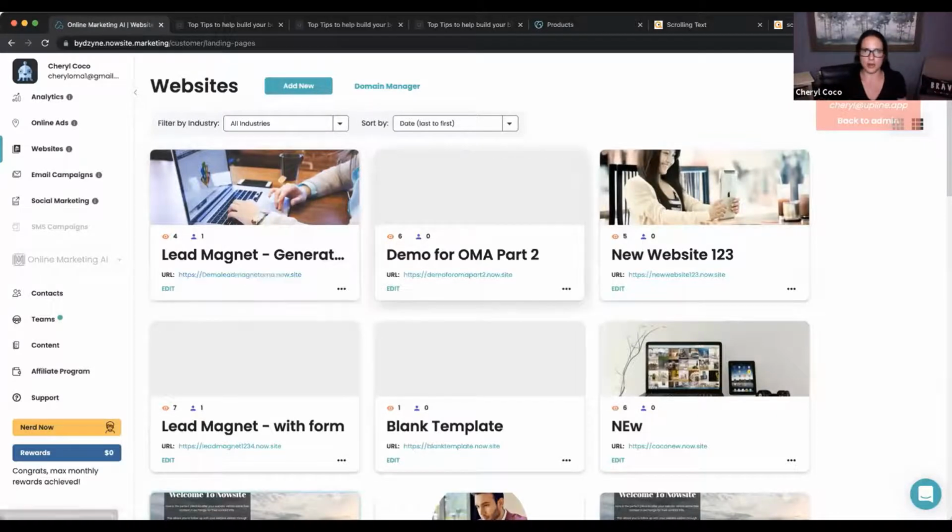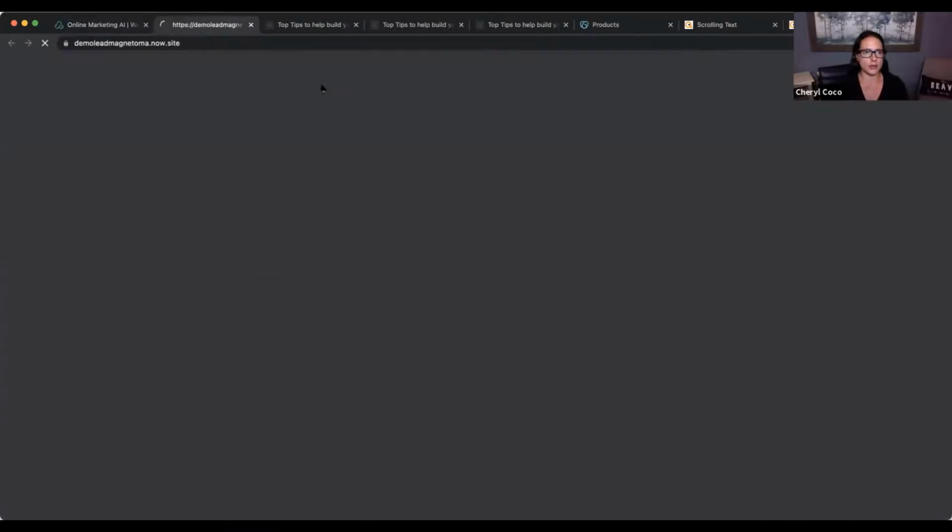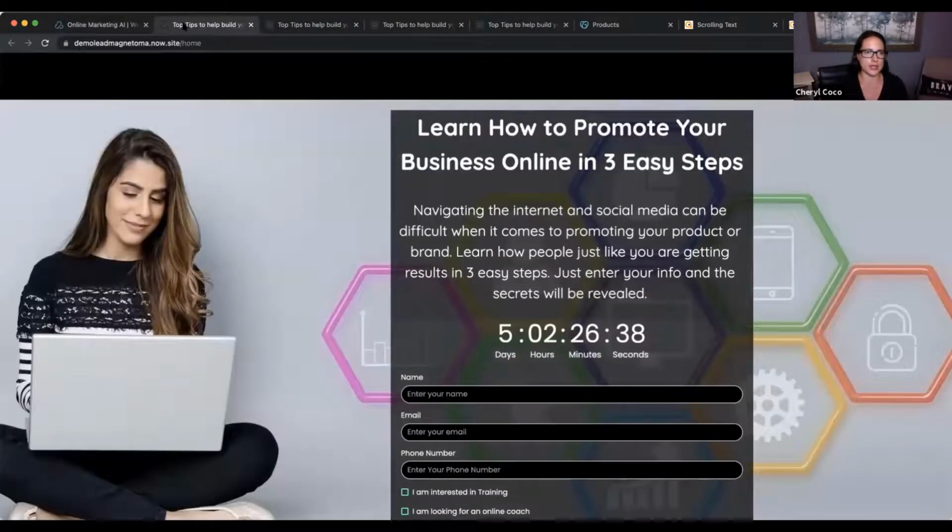Okay, let me see here in the chat. How many people own a .com, right? That they love to use. Maybe it's their name or they bought one before. It's great. And when we go here, look, you can see at the top, right? That favicon has changed, but we have demo lead magnet